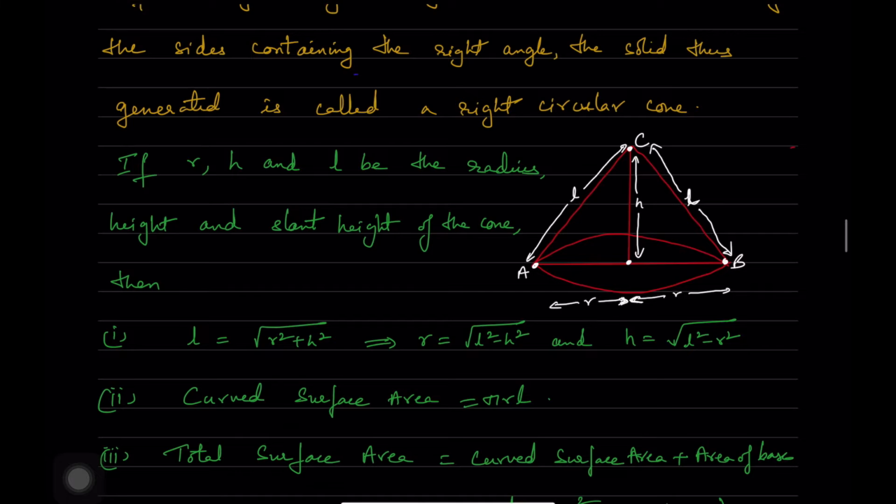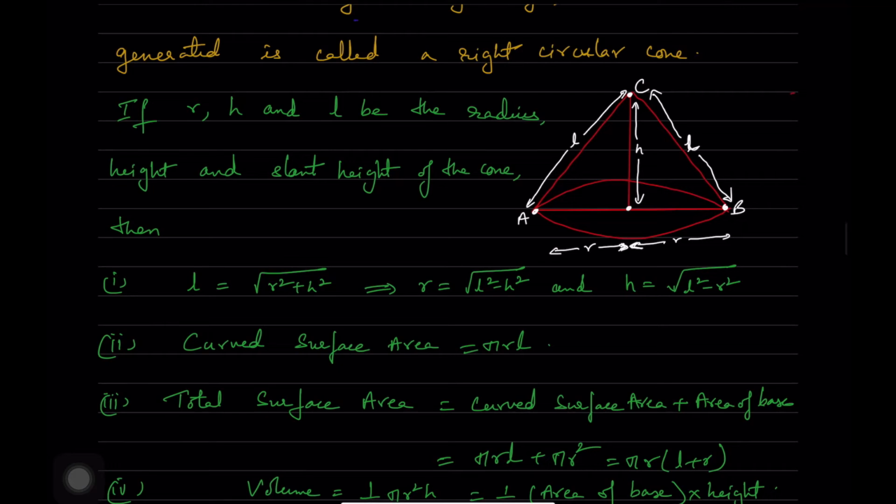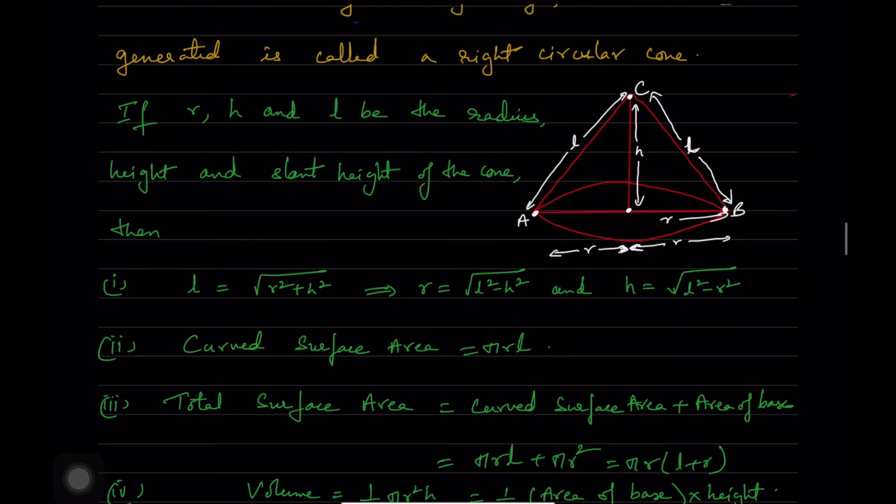So if small r, small h and small l be the radius, height and slant height of the cone respectively, here you can see which is the radius, r is written down over here, h is this line which is forming a right angle over there, and small l is that slant height. The slant height is a term which is introduced in this cone. Because it's a right angle triangle, if you're considering this triangle OBC, you can see that l square is equal to r square plus h square, or l is equal to root of r square plus h square.